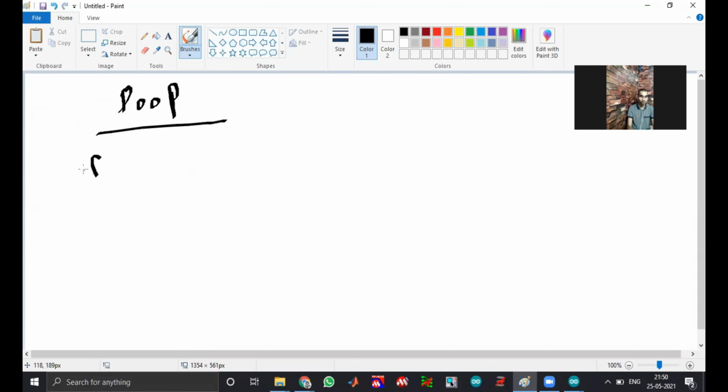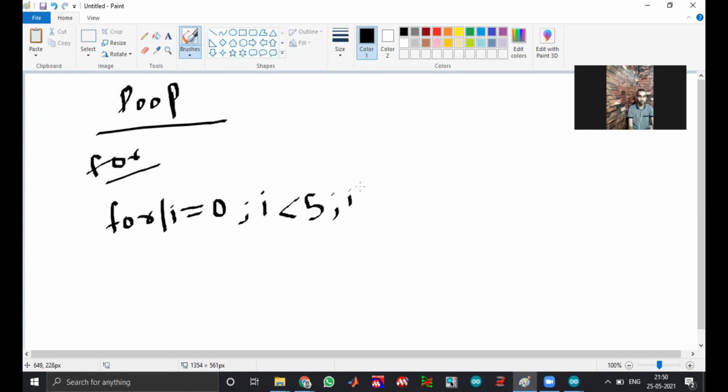So first is our for loop. What happens in a for loop is that if we write, for example, for (i = 0; i < 5; i++)